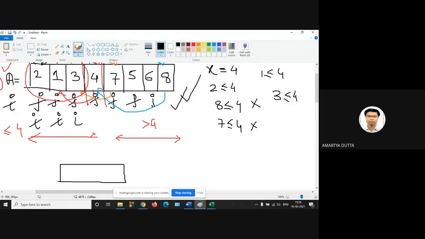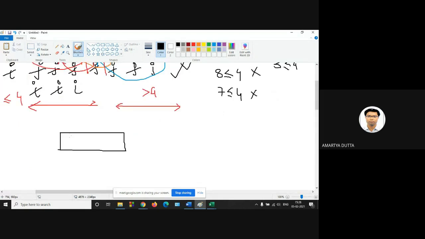So for the left subarray 2 1 3, this is your 2, 1, and next one is 3. This is your P, this is R, this is array A. Now this is J and this is I. Now what is the value of X?